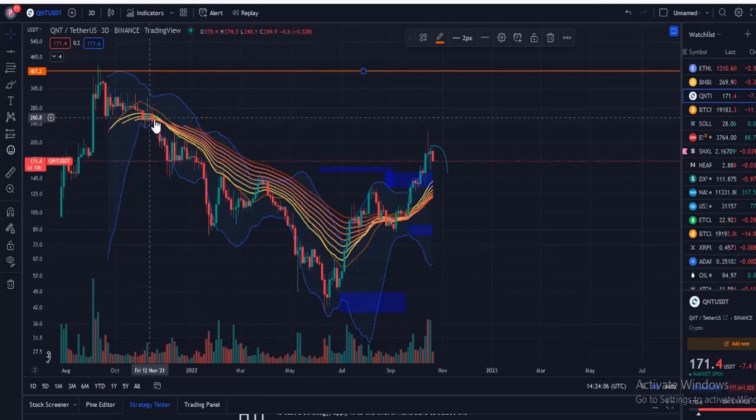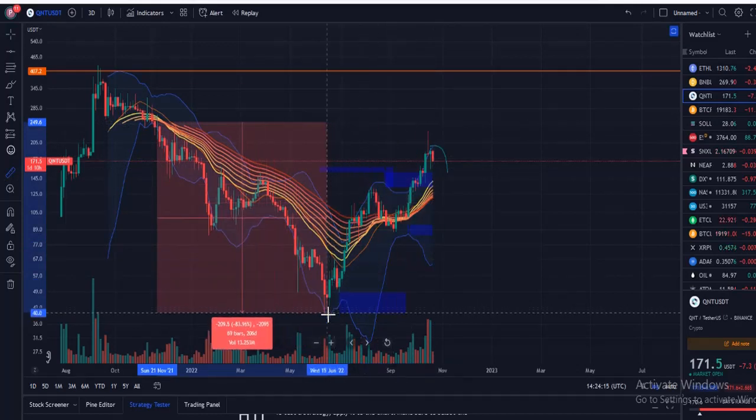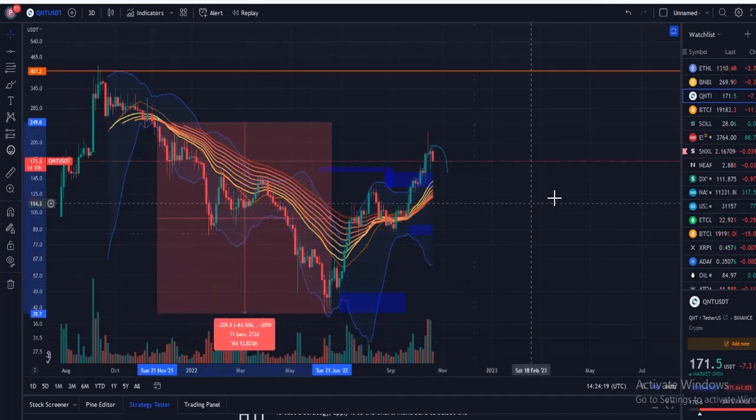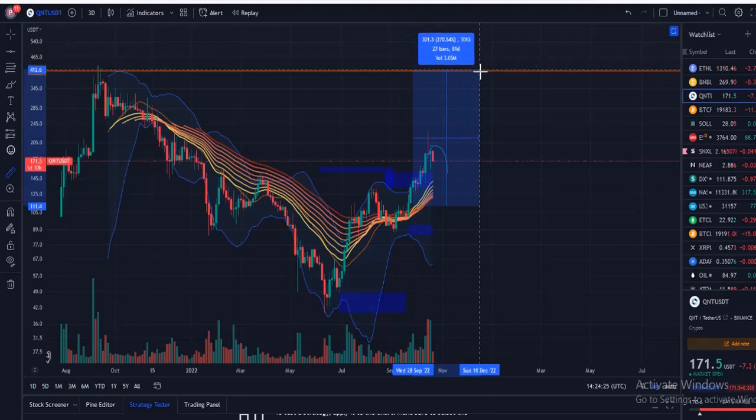As you can see, it flipped bearish on the 27th of October, and Quant fell a little just over 84%, right? And we can see from this flip, even probably just an 80% run will take us to about